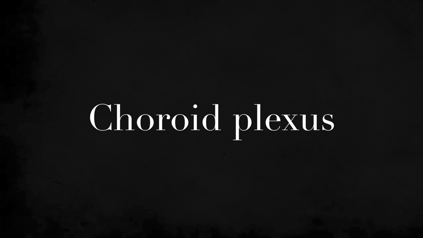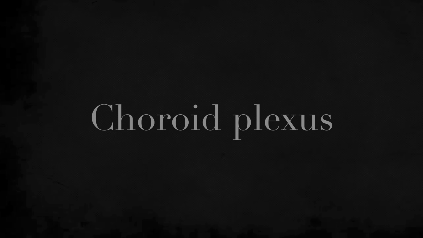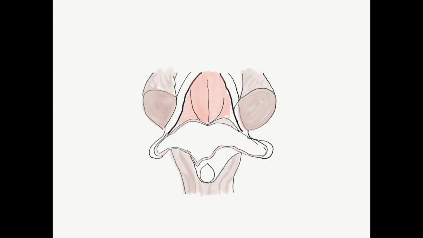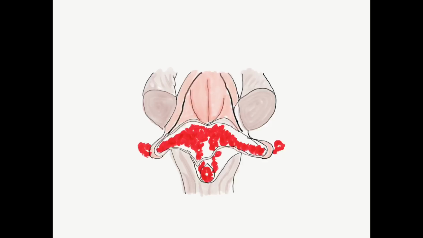Coming to the choroid plexus. The choroid plexus is an extremely vascular structure, and the choroid plexus in the fourth ventricle is mainly located in the inferior part of the roof of the fourth ventricle. This structure, as represented by the red color, is present within the tela choroidea. The tela choroidea is a double-layered structure with the thickness of arachnoid mater, and the choroid plexus is seen from the ventricular surface as fringes. They extend from the roof into the fourth ventricle, and they are involved in the secretion of CSF.